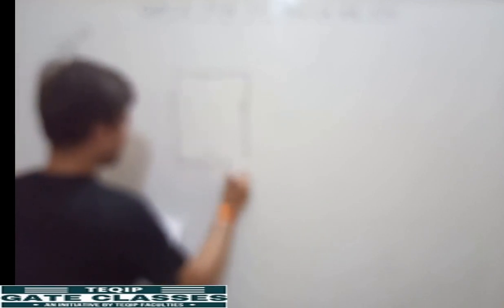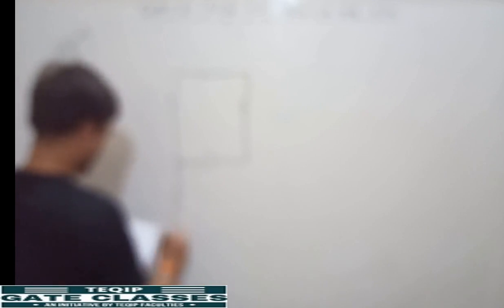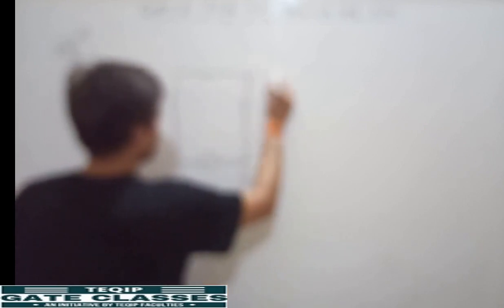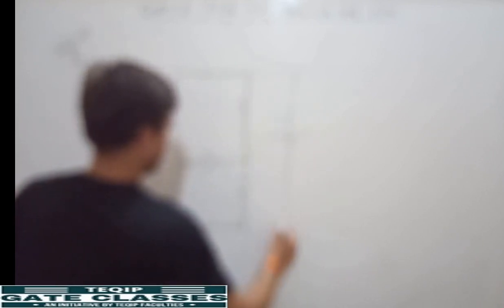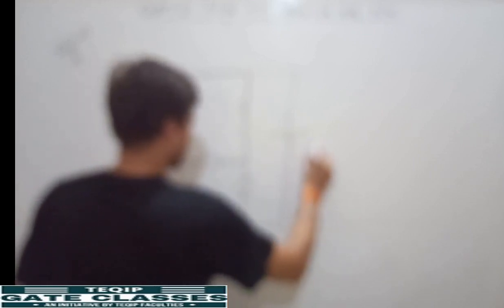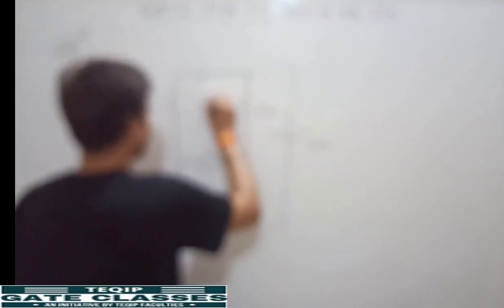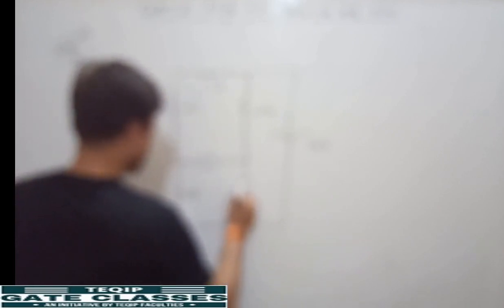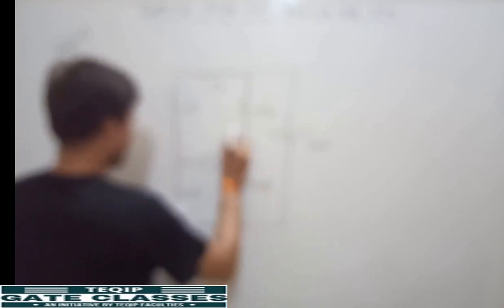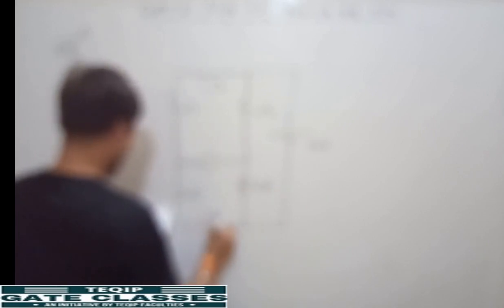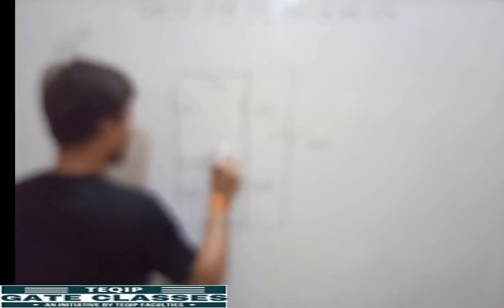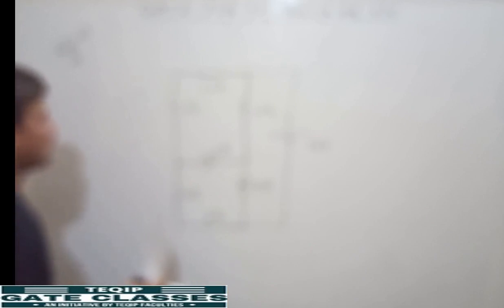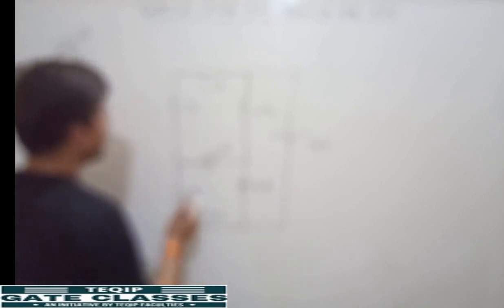The question is given. 10 volt, 1 ohm, 1 ohm. It is also 1 ohm. It is current of 2 ampere. Here it is 1 ohm. Here it is 1 ampere. Clear?